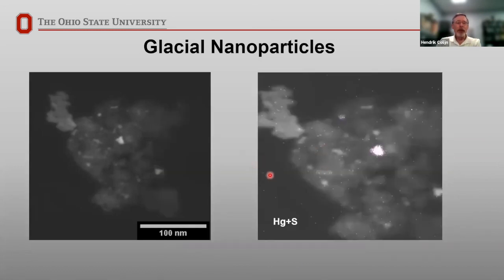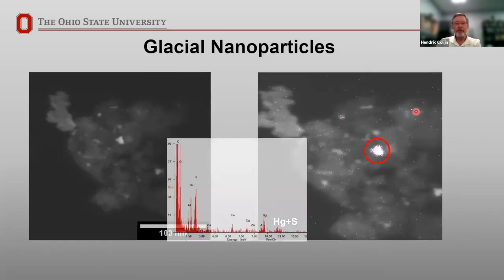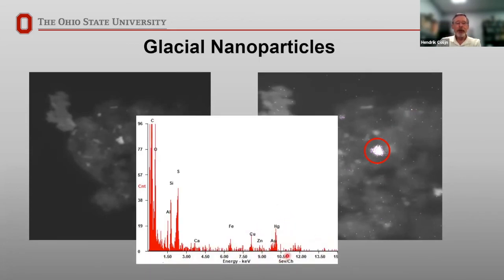So moving on, it turns out that this bright spot, which was scattering strongly, was not an iron particle, but it was high in mercury and sulfur. And when we looked at the X-ray spectrum from just those pixels, again, it showed a signal in mercury and a signal in sulfur. So this was a mercury sulfide particle that was embedded in there. And with this combination of materials, they deduced that this was some sort of a volcanic ash particle that had drifted into the glacier.